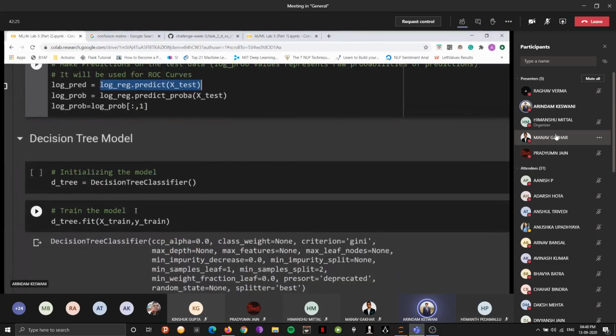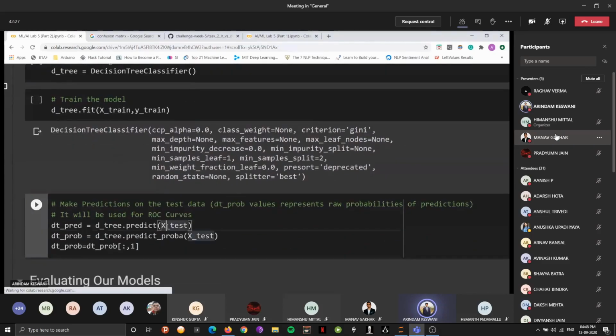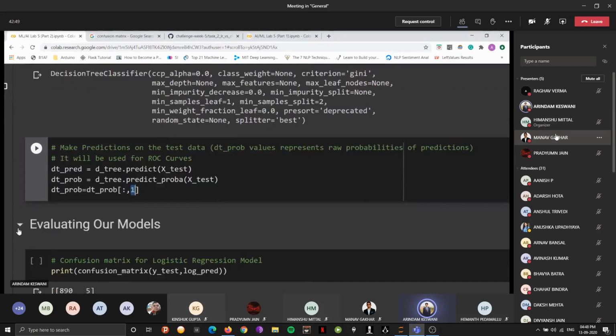Then we do the same with the decision tree model. We predict the values, we predict the probabilities. Since we have binary values, we will predict the probabilities of both negative and positive values. But we don't need both of these, so we will just go with the positive values, which is why I have only extracted one particular column in my probability variable.